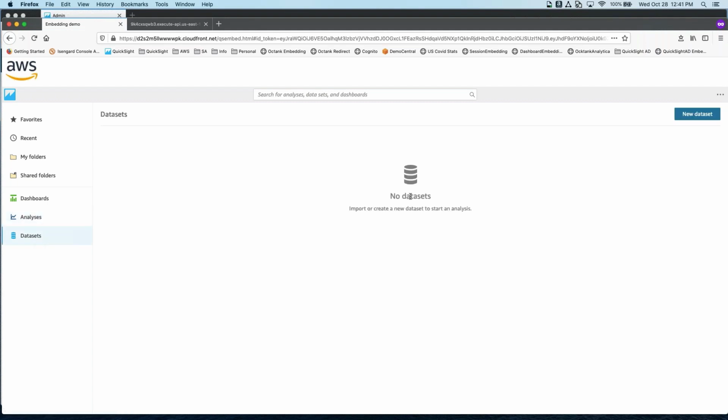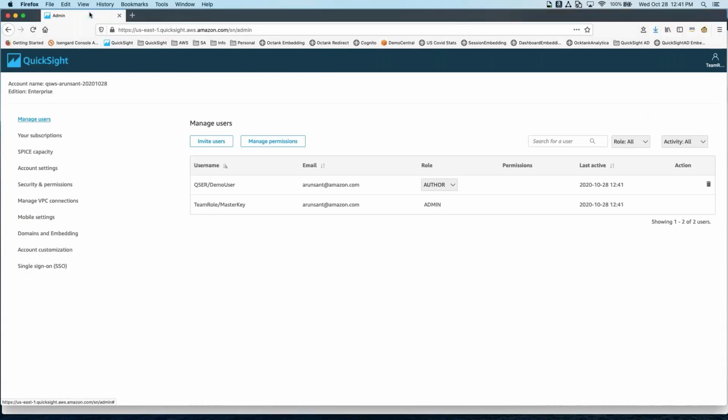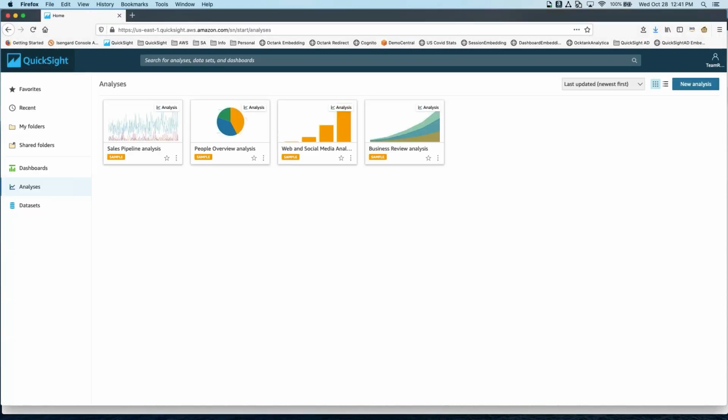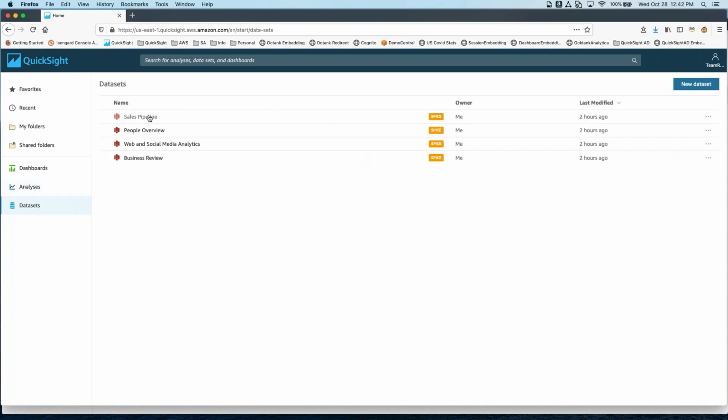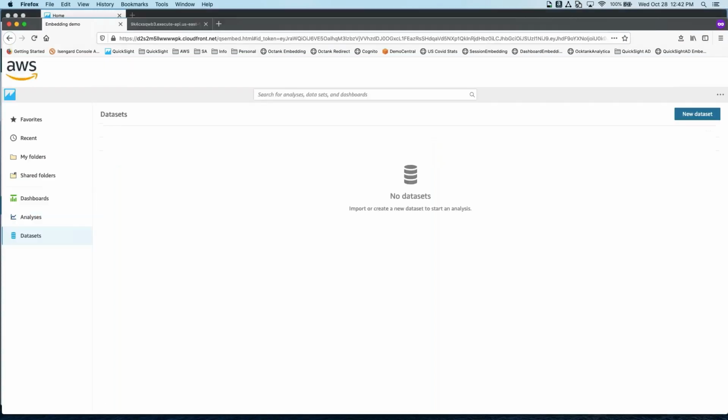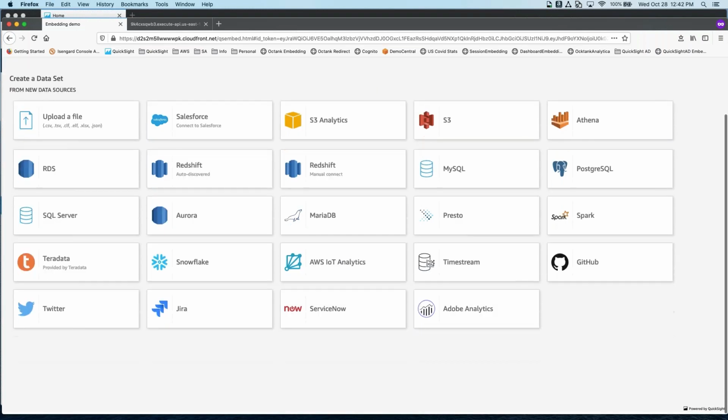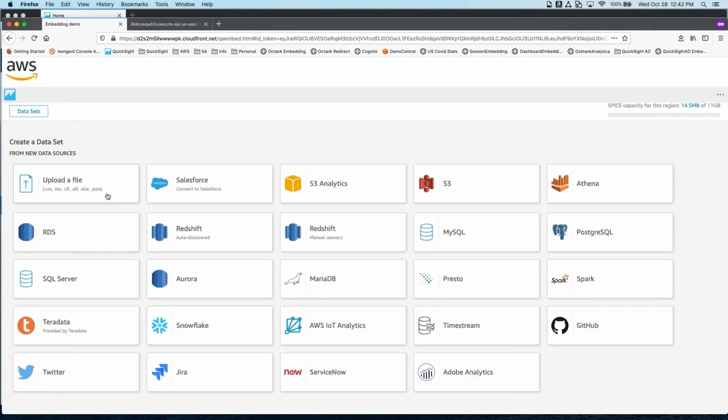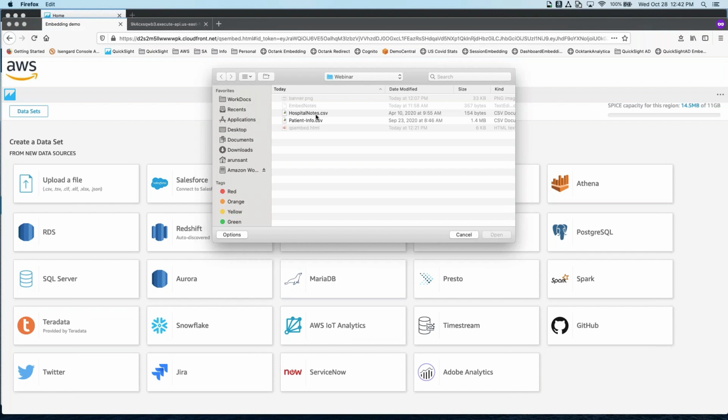Now I could go into analysis and create something. I do not have any data sets here right now, but if I go into my admin profile, and let's say I share one of these sample data sets from there, right? I could do that. Or I could even create new data sets as that author, right? So from here, from the data set screen, I have the option to click new data set. And then I have my full-fledged author capability. So I could easily upload a file